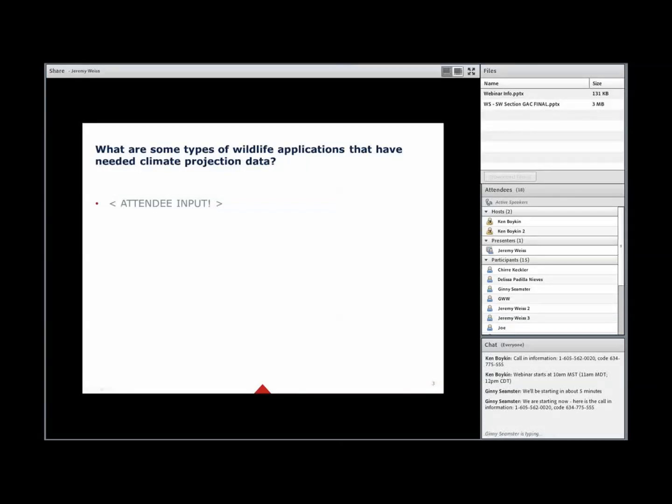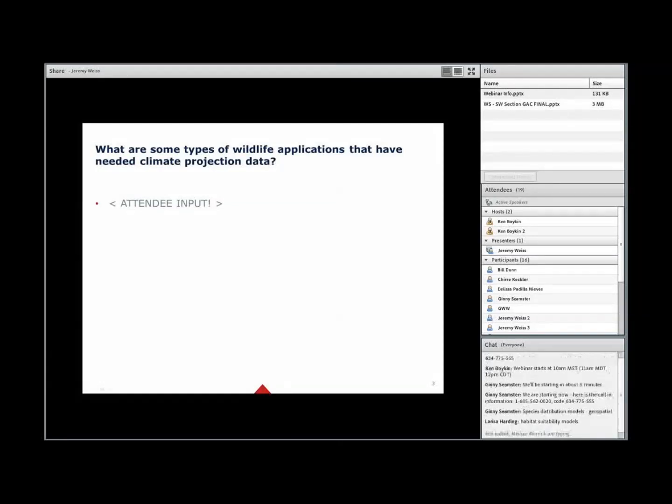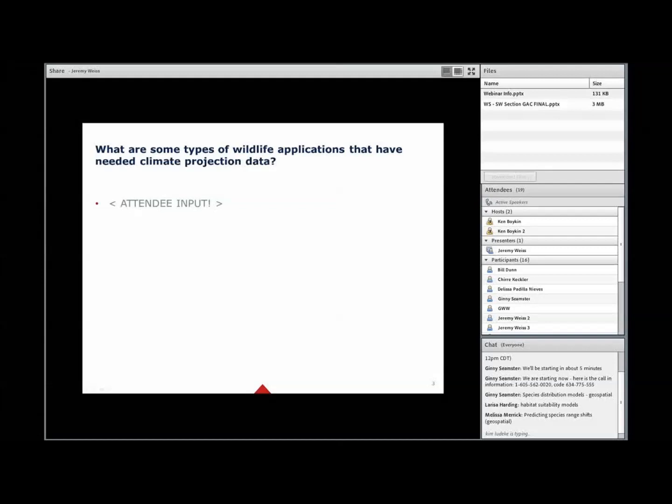So 15 to 30 seconds, go. Okay, we have multiple attendees typing. That's what my screen says. I'm sure yours does too. And we'll give it just a few more seconds to wrap up for those who want to put some input into the chat box there.